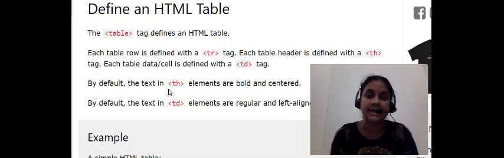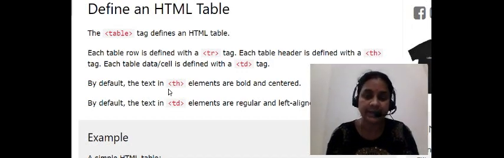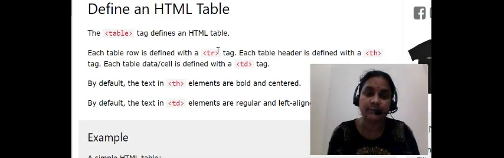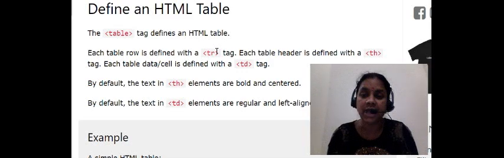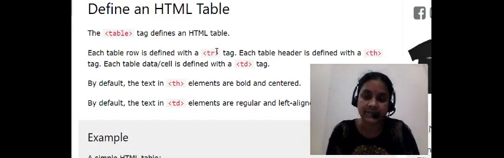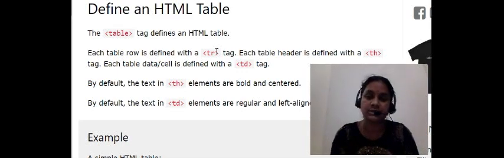What is meant by tr, what is meant by th, what is meant by td? td is used to write the data in a table. th is used to write a heading in a table. tr is used to create the rows, that is how many rows we are going to create in the table. th is used to create the table heading.